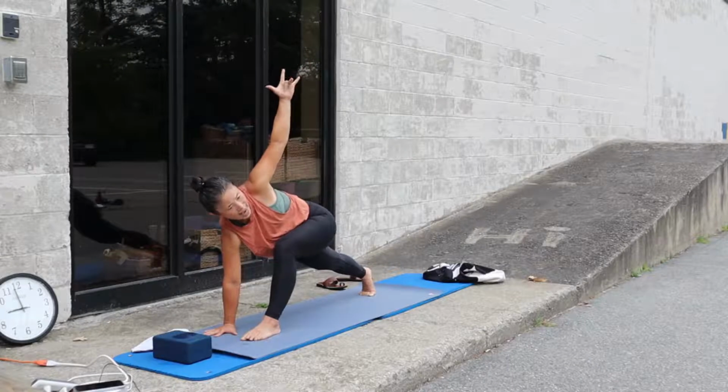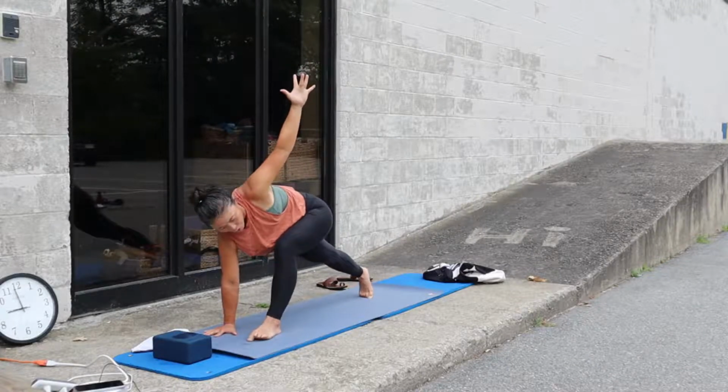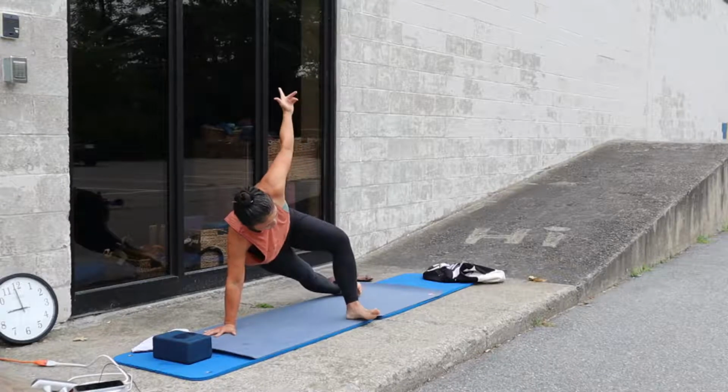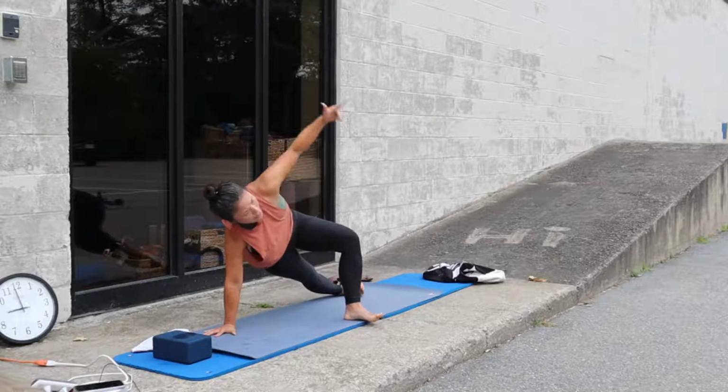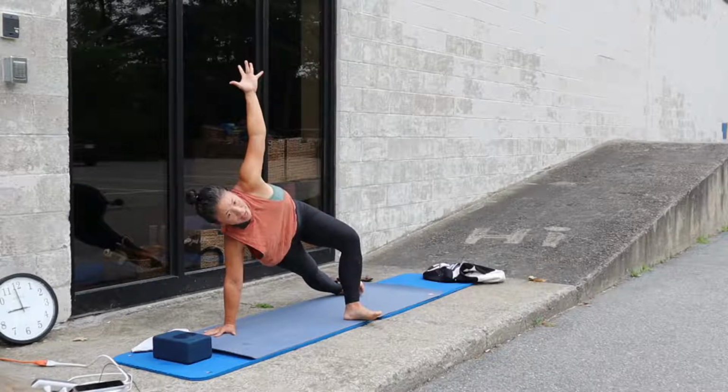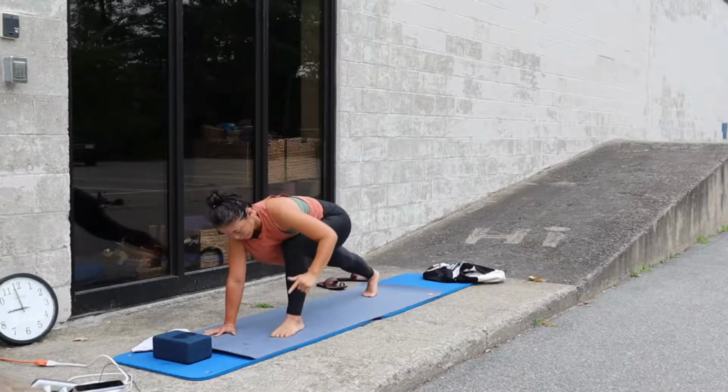Slowly, Vashisthasana. So watch me. Slowly drop your right heel down. Outer edge of right foot on the floor. Slide your left foot in front of your hip. Lift hips, so that's it, Emma, really nice. Plant, lift. Actually, Hannah, from here,